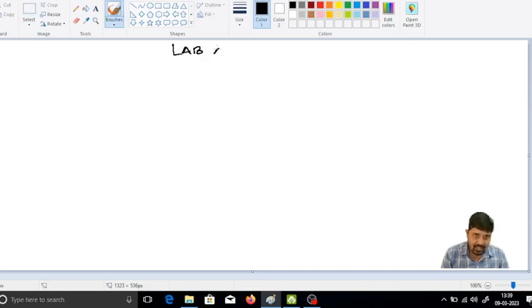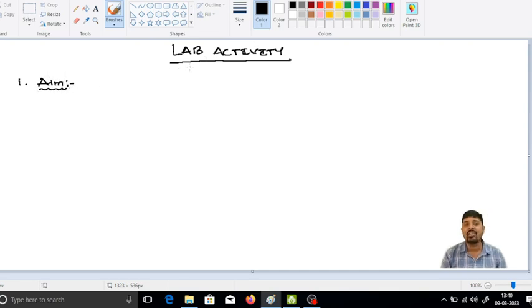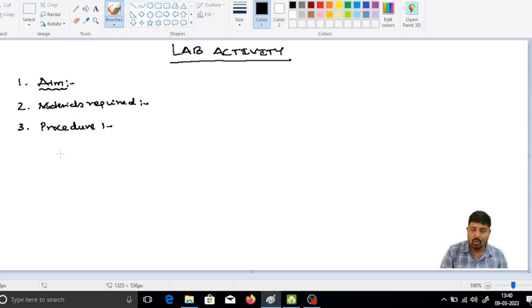We are presenting a lab activity for the boards. Let's see what is the first thing that we are going to write. The first step is aim. What is the aim of the lab activity? The second is the materials required for this lab activity. And the third one is the procedure. And the fourth one is